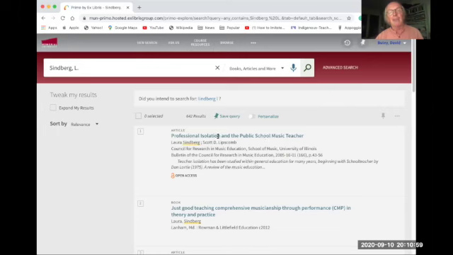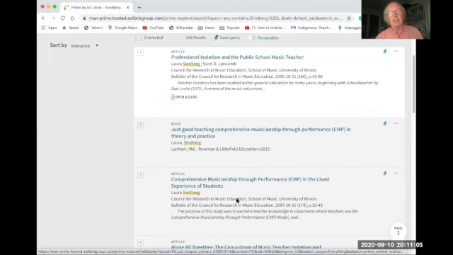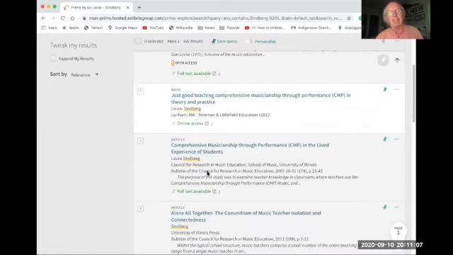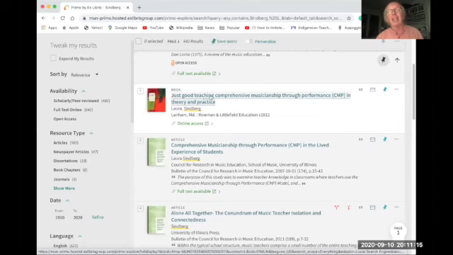So articles in magazines will be here, or journals, and any other things that are there. So she's written the same article in a number of magazines, but we're really interested in Comprehensive Musicianship Through Performance. Sorry, Just Good Teaching: Comprehensive Musicianship Through Performance. So this is the book that we want. These are articles about the same things. You might want to read those, but this will be more pertinent to what you need to do. Is you click on that,